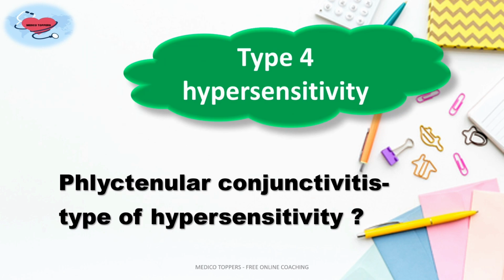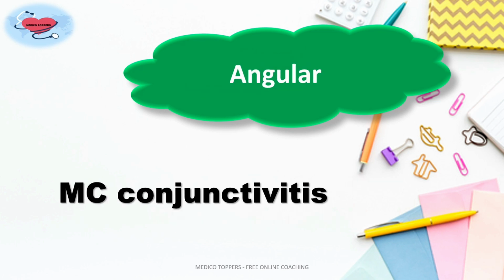Which type of hypersensitivity reaction is seen in phlyctenular conjunctivitis? Answer is type 4 hypersensitivity reaction. Mainly here the reaction is to endogenous tuberculoprotein or to staphylococcal blepharitis. So this is a type 4 hypersensitivity reaction. In this case a small pinkish nodule can be seen over the conjunctiva. So pink eye is adenoviral keratoconjunctivitis, but a pinkish nodule on the conjunctiva is simply seen in phlyctenular conjunctivitis, and this is type 4 hypersensitivity reaction.